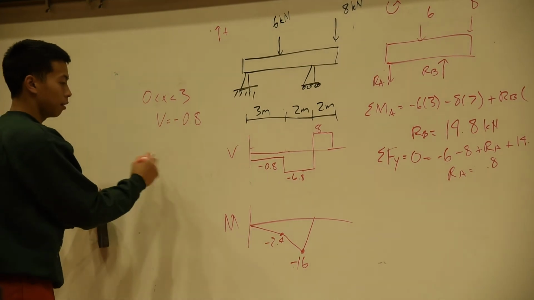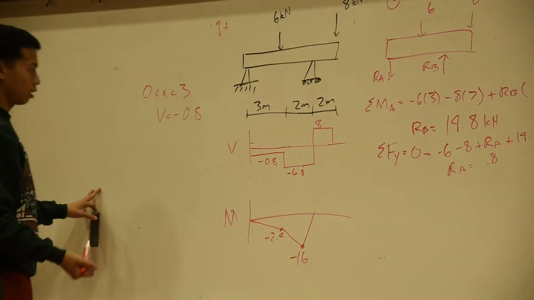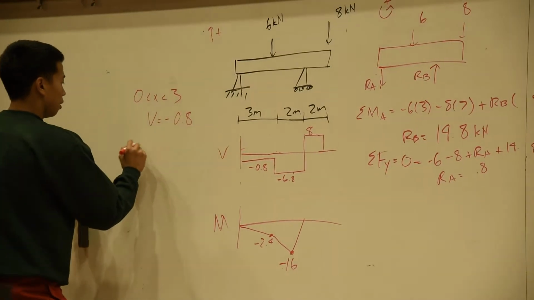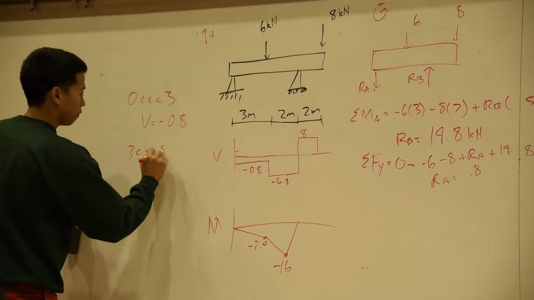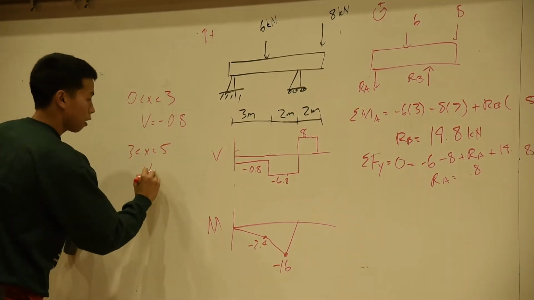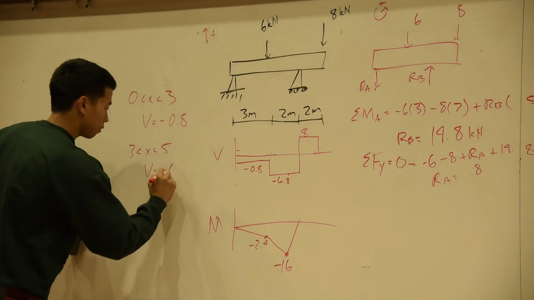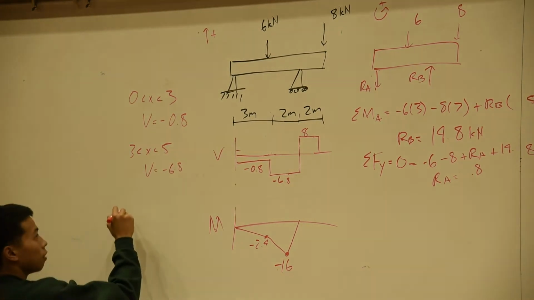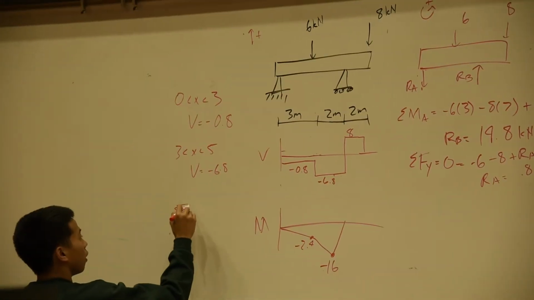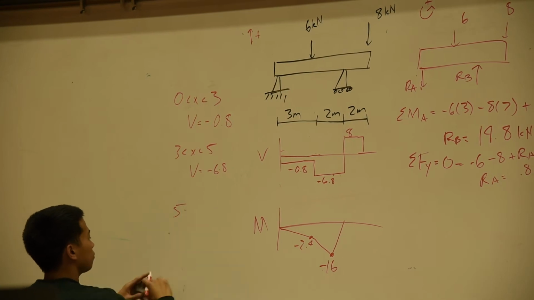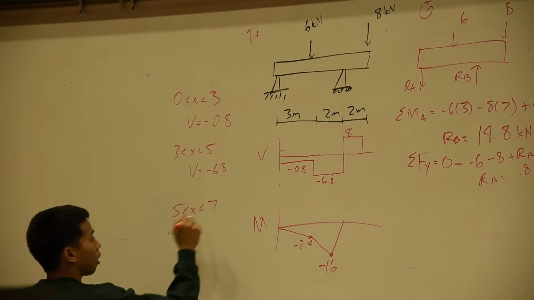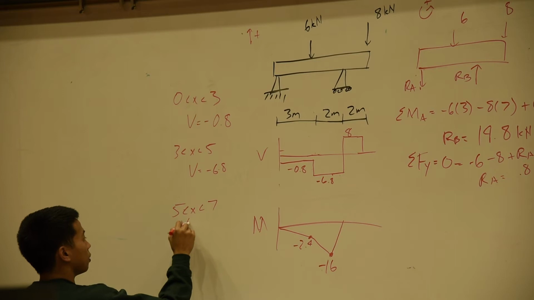Okay. There's no slope in these, so there's not going to be an x component. From 3 to 5, 6.8. And then from 5 to 7, you got